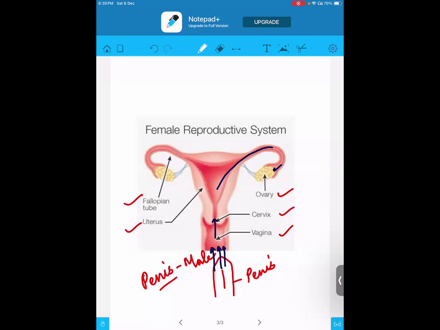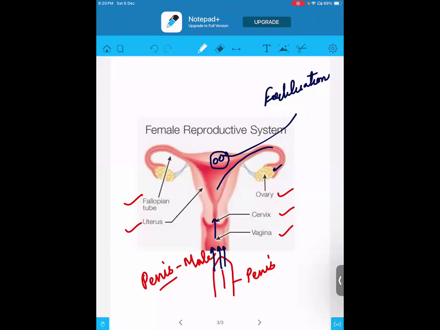But what happens in the ovary? There will be vessels, which are called fimbriae. Through those fimbriae, they start moving back and reach both ovaries, and the sperm reaches the fallopian tube part and they start the fertilization process. So through the penis, they ejaculate the sperm into the vagina. From the vagina it goes to the cervix, from the cervix to the uterus, then from the uterus to the ovary.